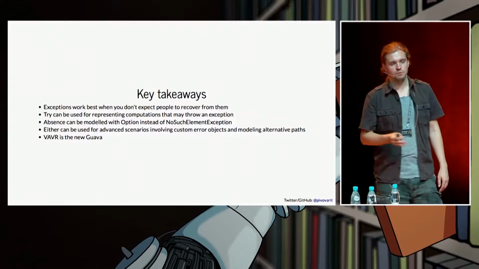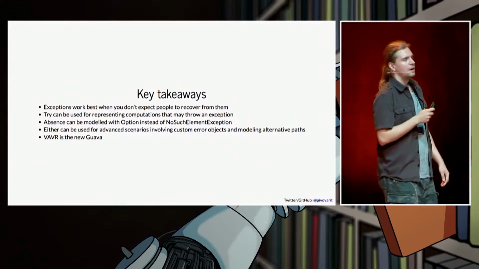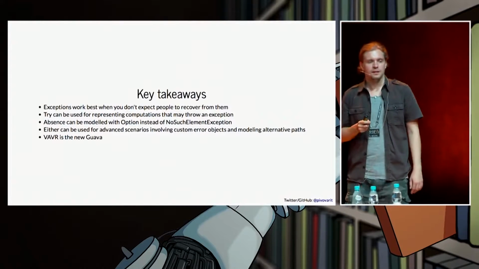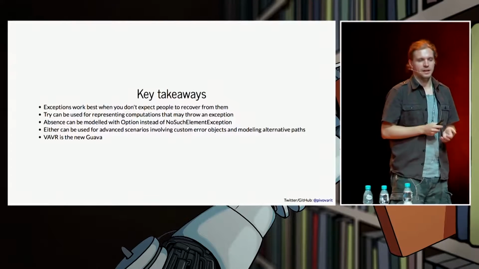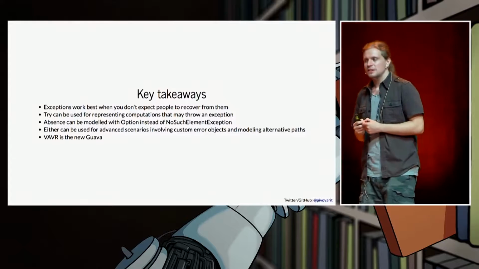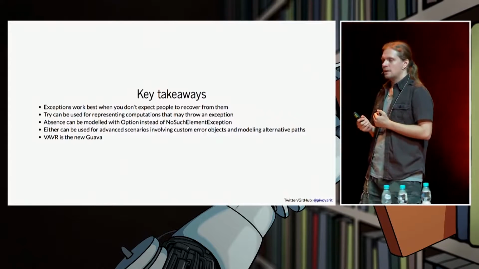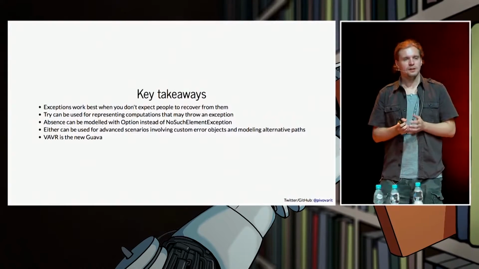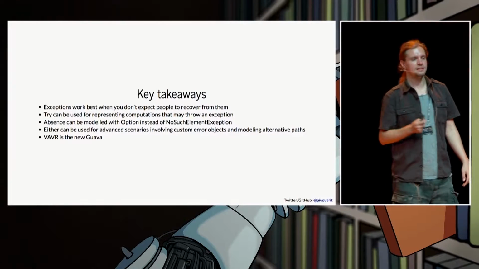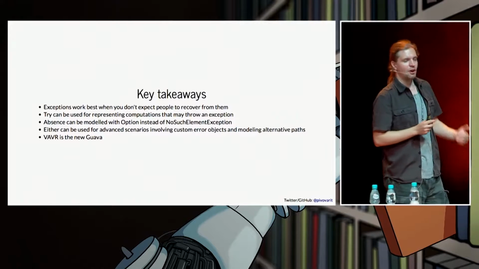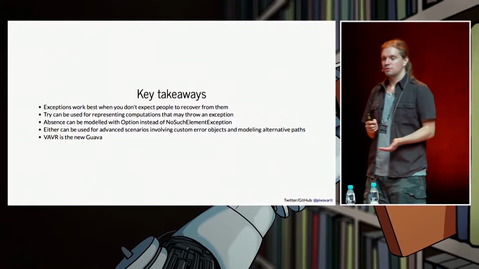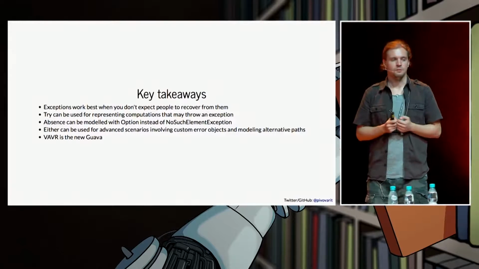Let's try to recap what we've seen today. There was a little bit of a rant about exception handling in Java, but exceptions are actually not that bad, okay? It's important to see the bad sides of that. But often we are not working in isolation. We are using external tools and so on, so it's not that easy to absolutely cut off from that. They are part of Java. Many methods just throw them. You can't ignore them at all.